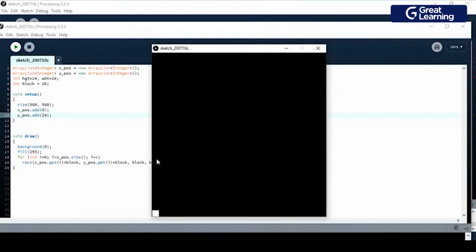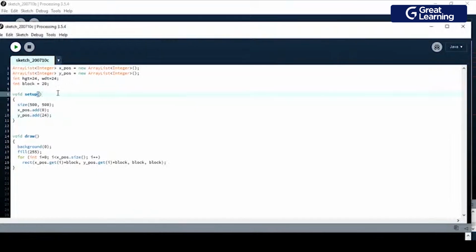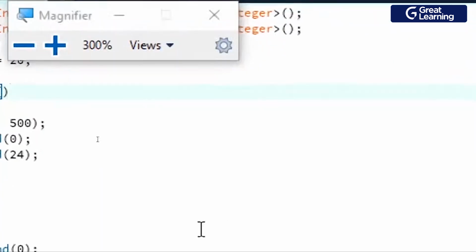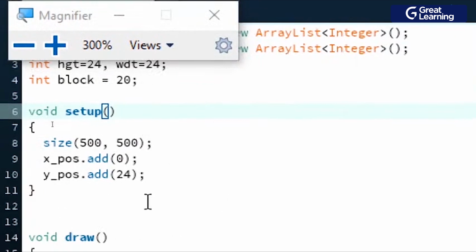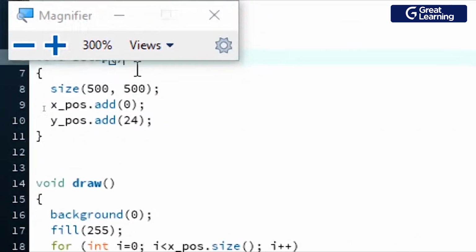Let me magnify the screen again. Now what we did here, when we wrote 0 and 24, that's the thing. For this screen, you have to consider the length and the height of this panel.